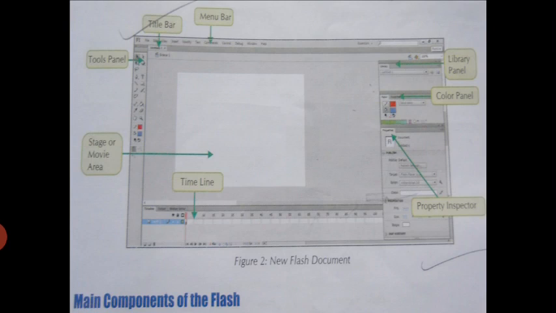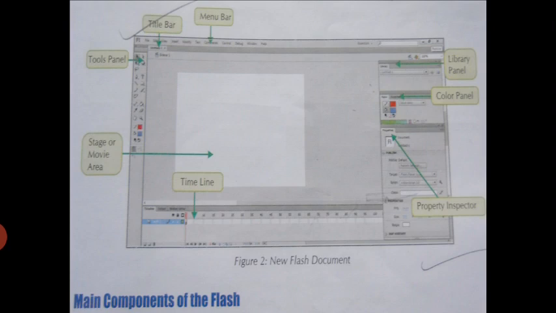Property inspector is used to give the property or attributes of particular tools. Then seventh is the color panel. Color panel is used to give color to the object. Then the last one is the library panel. Library panel stores the symbols.